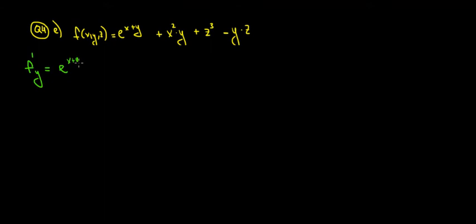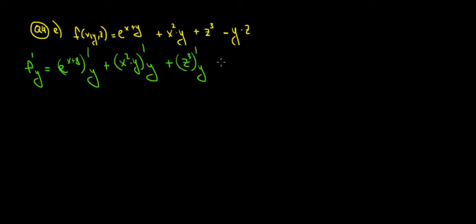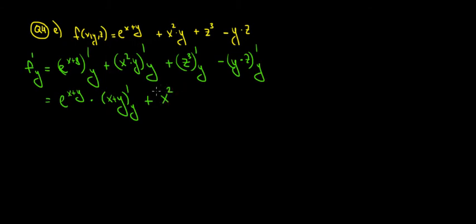So e to the power x plus y derivative with respect to y, plus x squared times y derivative with respect to y, plus z to the power of 3 derivative with respect to y, minus y times z derivative with respect to y. So we have here e to a power, we keep it like that, but because the power is an expression, we differentiate the power itself because of the chain rule, plus x squared times y derivative with respect to y. We have a product, we said x squared is a constant, so we take the constant out, and y derivative is just 1, so we only leave the constant,